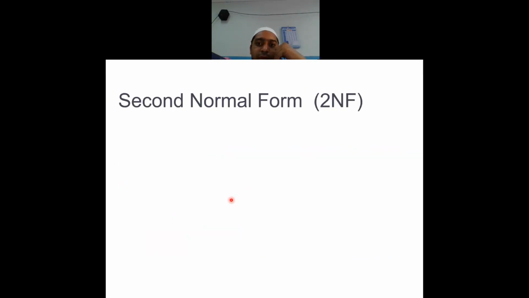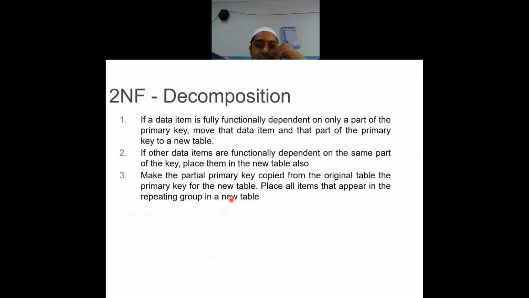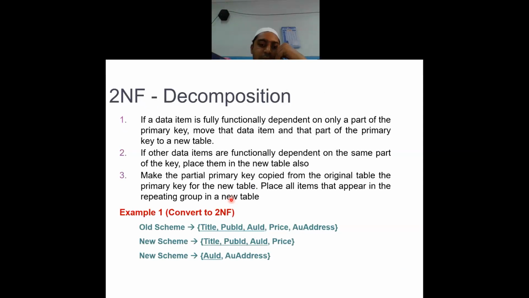Decomposing it means we have to generate two new tables out of it. So we'll just see that example here. What we did in this decomposition was, this address was not dependent on the entire primary key, right? So we took it out as a new table, author address. On what was it dependent? On author ID. We copied the author ID column into the new table. So what is left in the original? Title, publication ID, author ID, and price. These four columns are left. Do remember we are removing author address, but we are just copying the author ID. We are not removing it from the original table.